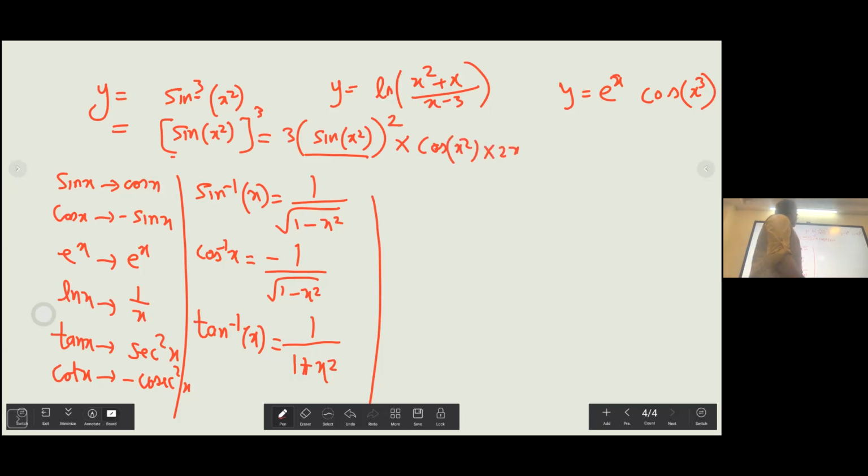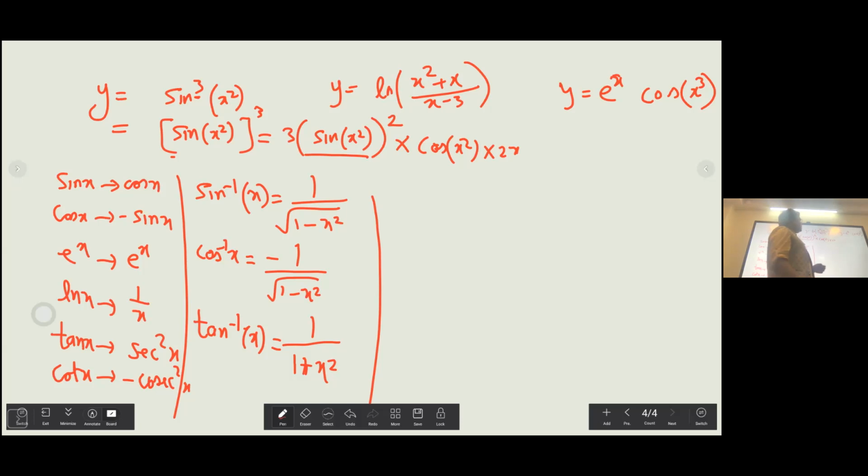So you see that I first differentiated f of x, which was the x cube function. Then I differentiated g of x, which is sine x. Then I differentiated x squared, which is 2x. So f of g of h of x is a unique example that you need to understand. You need to be very clear on this, because in Maclaurin series and all, you will be using this kind of problem solving.